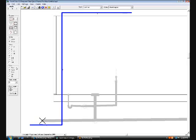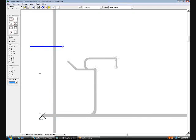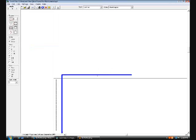you're still at floor level 0, correct? Well, let's see. We may have to switch to a higher floor level once we get in the attic. Okay. Once we get in the attic, we'll jump up to floor level 1,